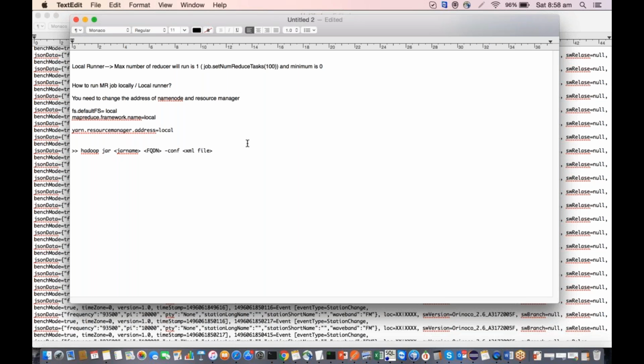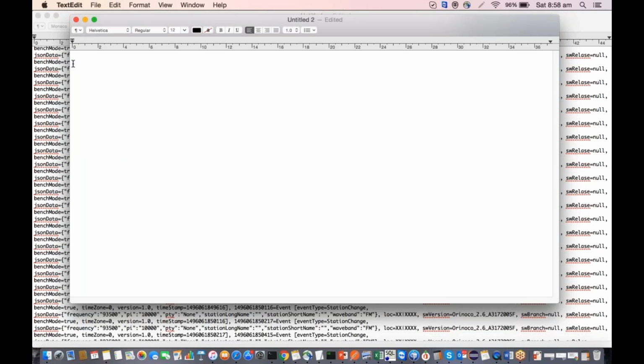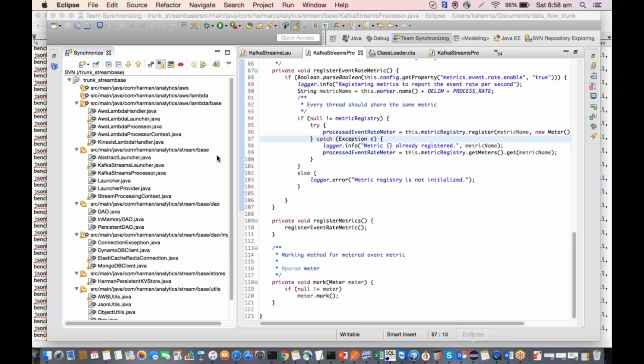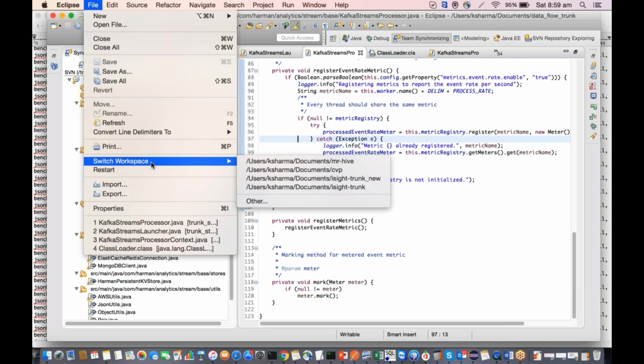Okay, and now today we'll see that if I want to pass some parameters externally to my MapReduce jobs, how do we do that actually? For example, I'll take up a problem statement, a very simple problem, wherein I would like to count